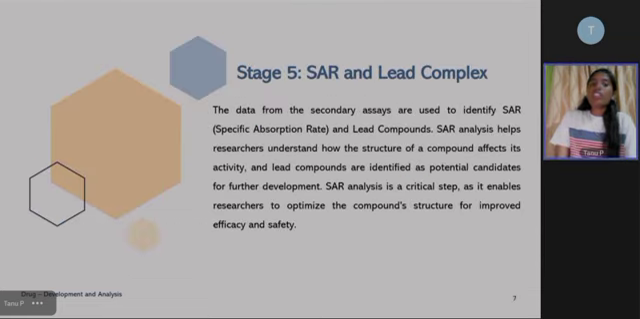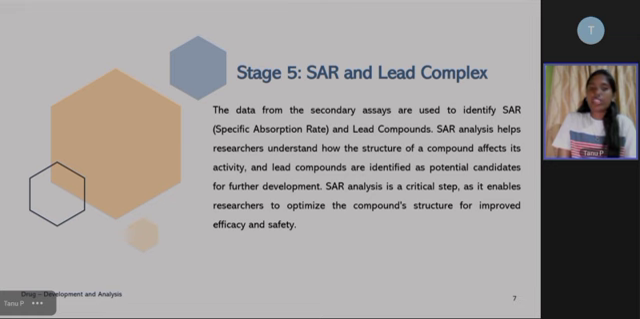Stage 5 is SAR and lead complexes. The data from the secondary assay are used to identify SAR, which is also known as specific absorption rate, and lead compounds. Specific absorption rate analysis helps researchers to understand how the structure of the compounds affects its activity, and lead compounds are identified as potential candidates for further development. Specific absorption rate analysis is a critical step as it enables researchers to optimize the compound's structure for improved efficacy